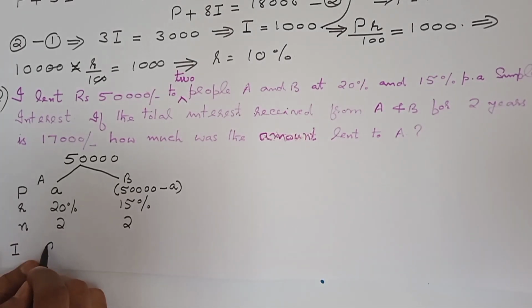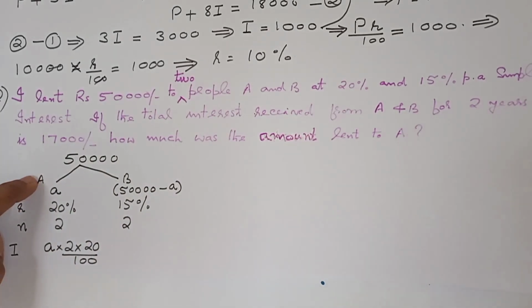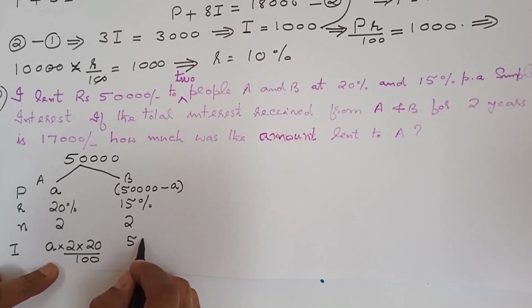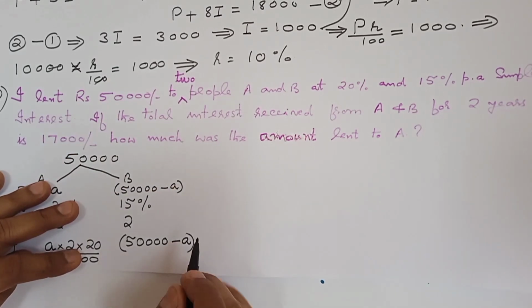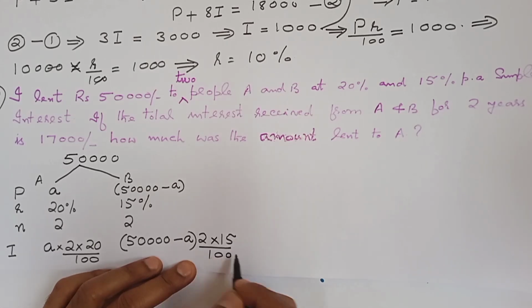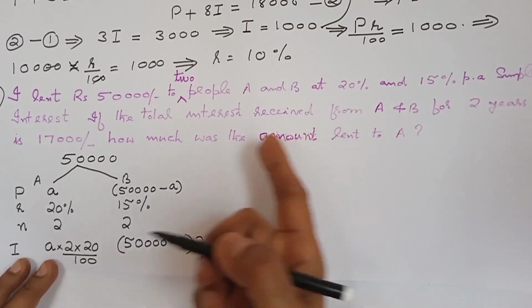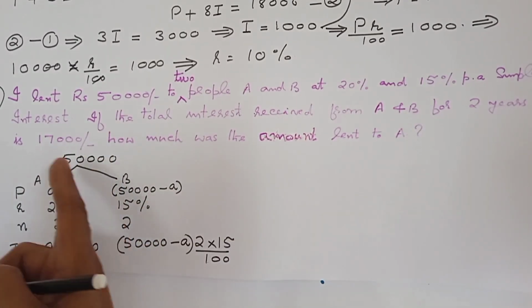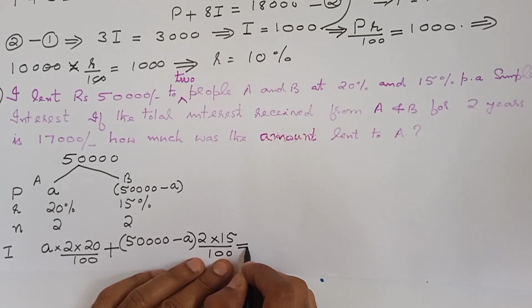See, A is the principal amount. A into N into 20 by 100. This is the interest given by A, and the second person, there the principal amount is 50,000 minus A into again 2. The rate is 15 divided by 100. So we have separately found out the interest received from both the people. What does the problem say? The total interest received from these two guys amounts to 17,000 rupees. So this plus this will be equal to